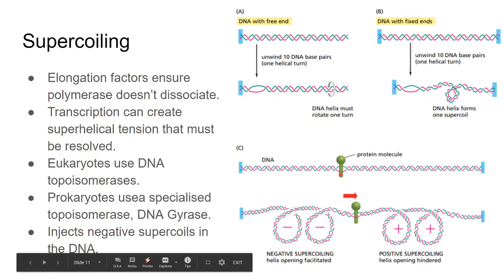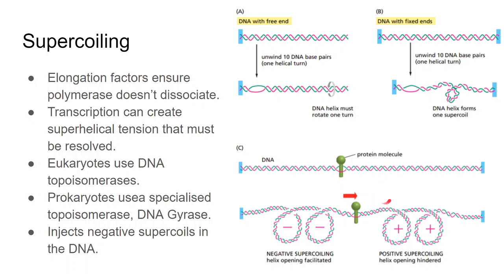But now imagine if before transcription started, you introduced a negative supercoil of minus 5 units. So you're starting with minus 5. And once transcription begins, you add plus 5, and minus 5 plus 5 units of tension will give you 0 units of tension. So that's how DNA gyrase maintains a stable level of superhelical tension.